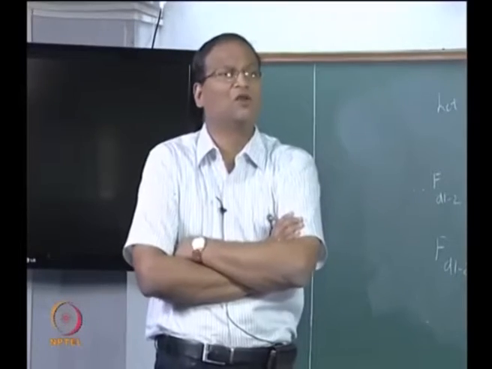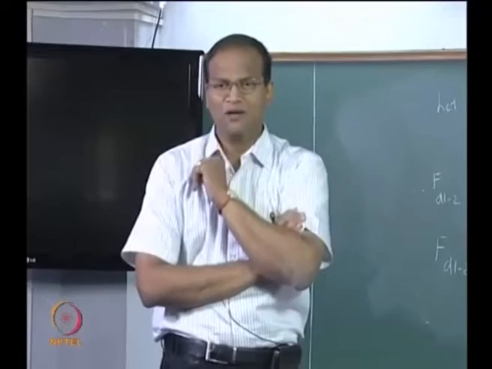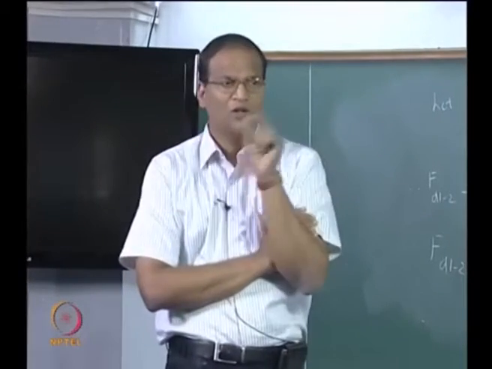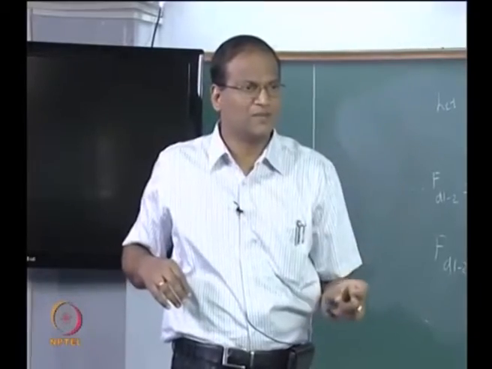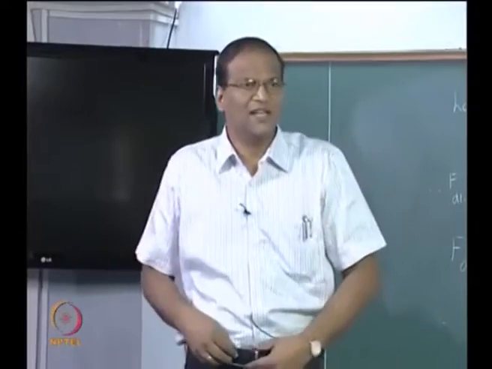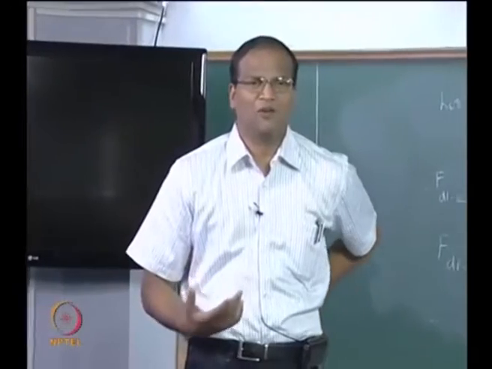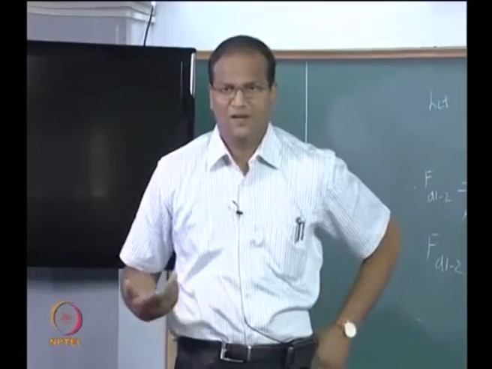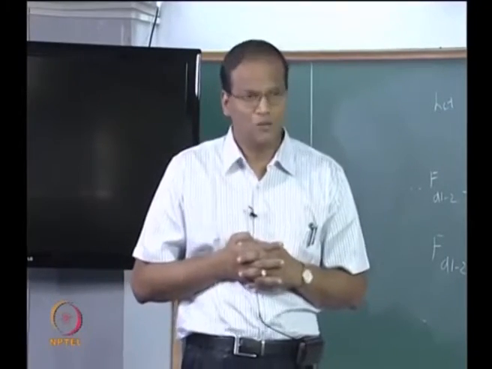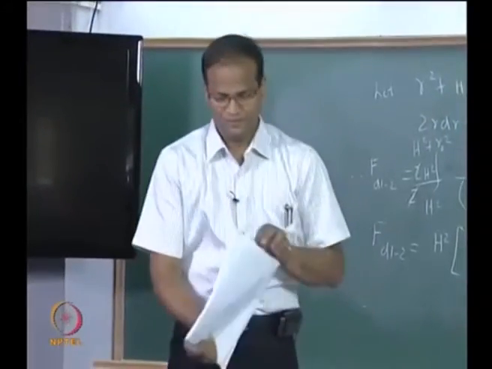One of the most important techniques is called the contour integration, okay. dA1 is dx1 dy1, dA2 is dx2 dy2, therefore 4 integrations are involved. So they consider elemental strips on A1, elemental strips on A2, and then they will find out cos theta i, cos theta j, integrate it and do it. It is not a great thing, but basically the question of labor and the computational cost, okay. So these are fortunately available in the form of charts, okay. I will distribute the charts now, we will solve 1 or 2 problems with the charts, okay.